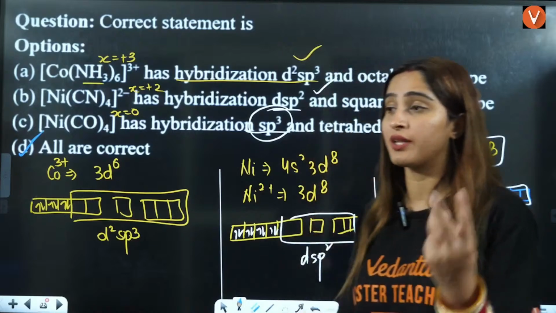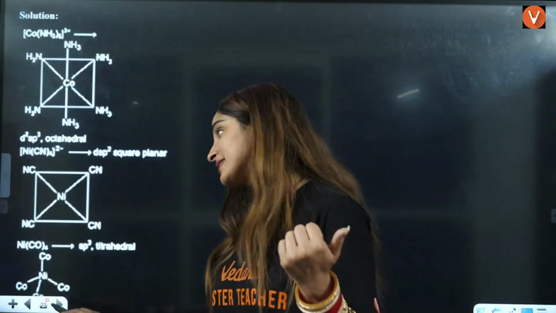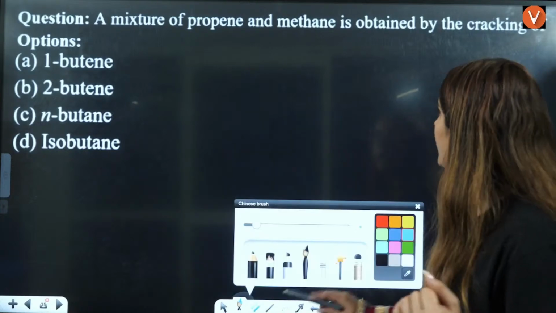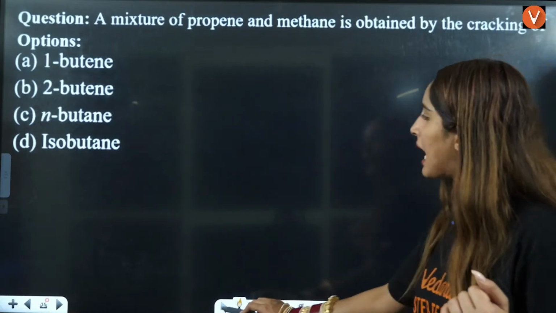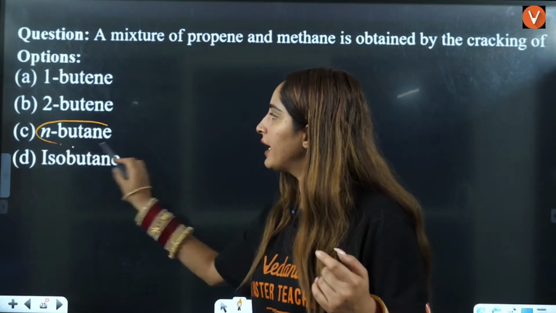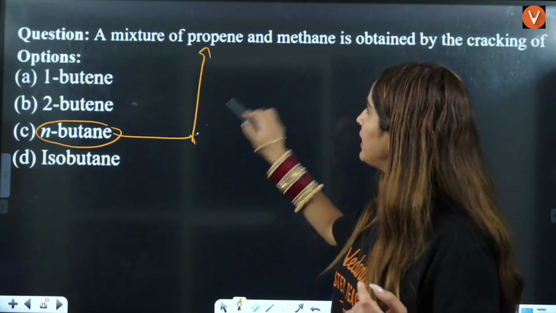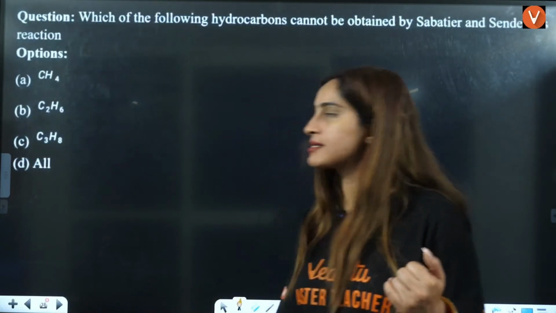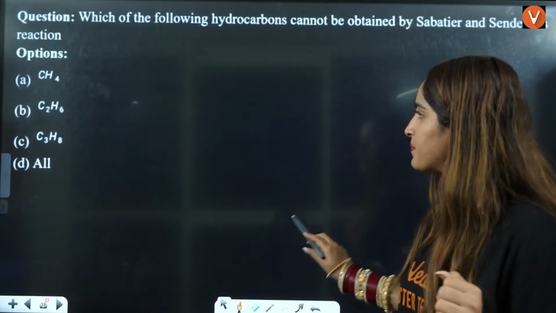So in one question, they have asked you 3 questions here. That is a good deal, right? A mixture of propene and methane is obtained by cracking of which of the following? So if you have n-butane, it is going to give you propene and methane on the cracking. So the answer is C, it is the correct answer. Direct reaction it was. Next